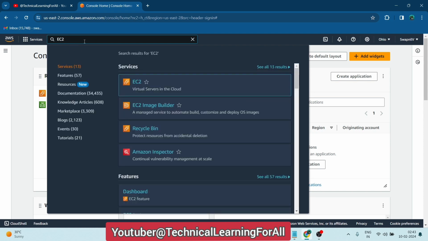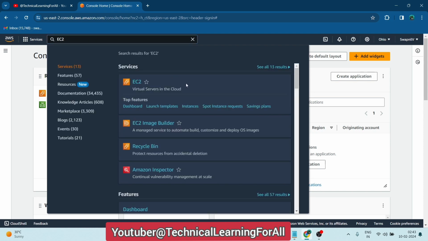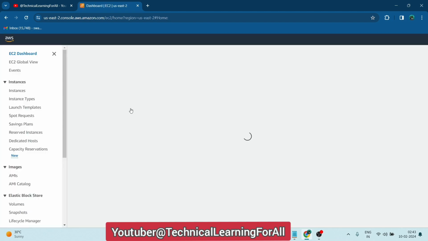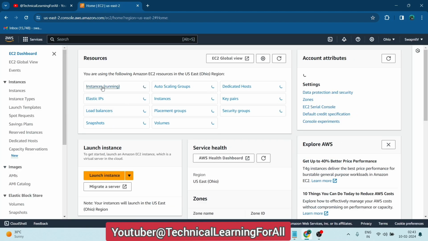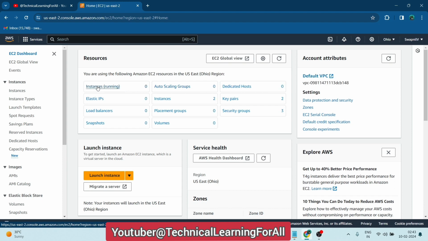search EC2 here, click on this dashboard. At this moment, if you check here, instances running is 0. At this time there is no instance which is in the running state. So I want to create one new instance. Just imagine